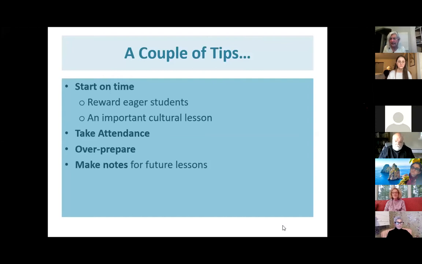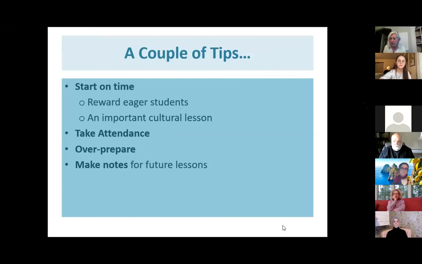It's a good idea to take attendance. For some programs that receive funding from the Department of Labor, we're required to track attendance. Even if that's not the case for you, it's helpful for you to know who's attending on a regular basis and who isn't, so that you can follow up with the less regular students to see what the issue is. Is it just a scheduling thing that we can sort out? If so, we like to do that rather than just have a student disappear.